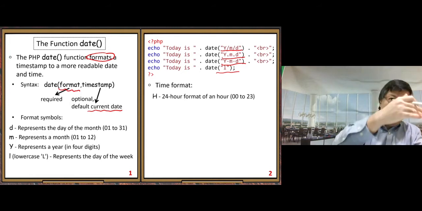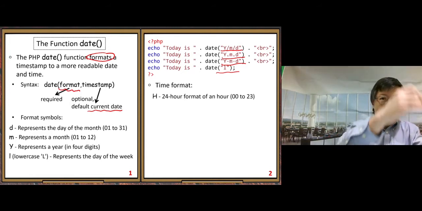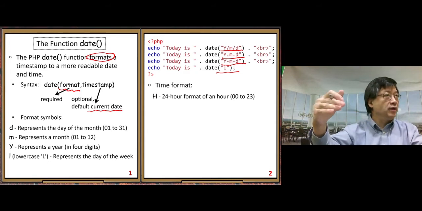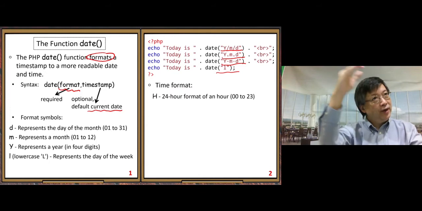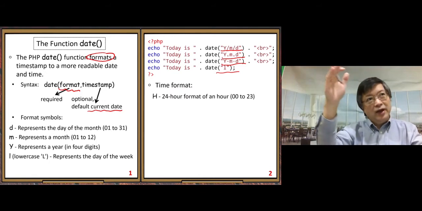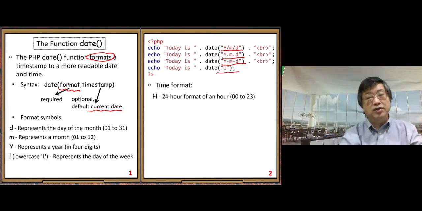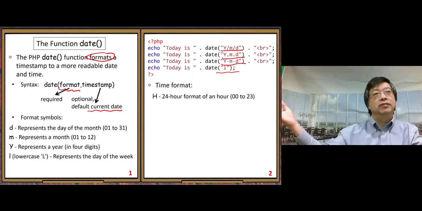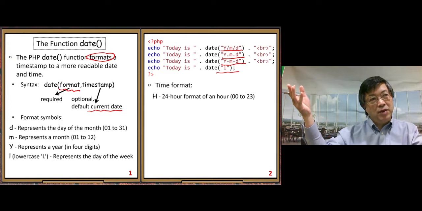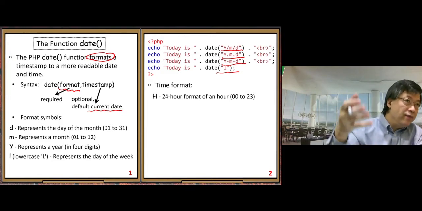First, capital H, 24-hour format for an hour. Okay? So 00 through 23. So you can see if you use this representation, you do not need to specify AM, PM, right? Because the AM, PM information is already inside the